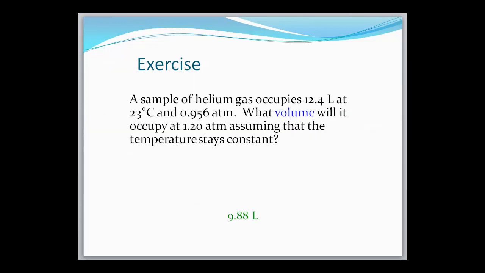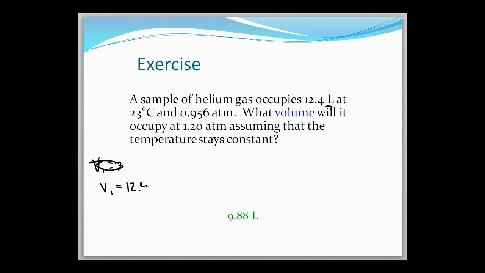Okay, these exercises can also be done with words. You don't need the visual to solve the problem. So let's take a look at this one. We have a sample of helium gas that occupies 12.4 liters. Now what you'll see me do is write the variables as I read them. So liters is a volume unit. So I'm going to say I have a volume